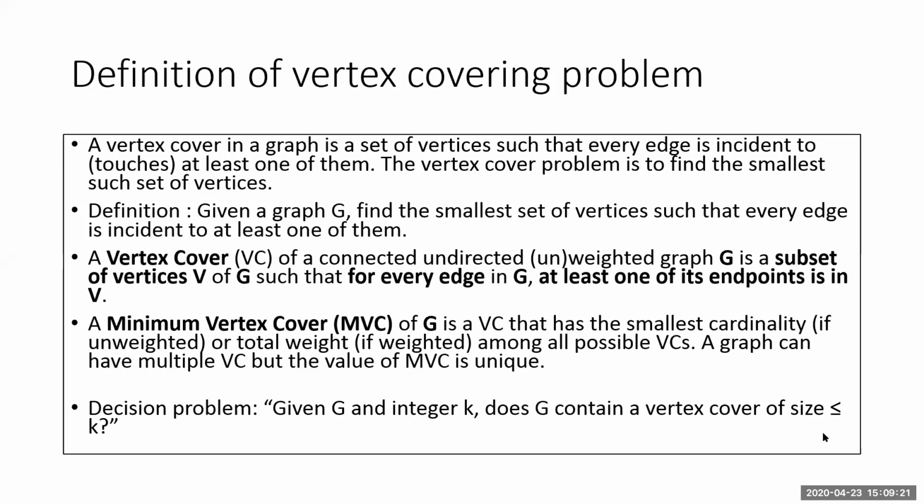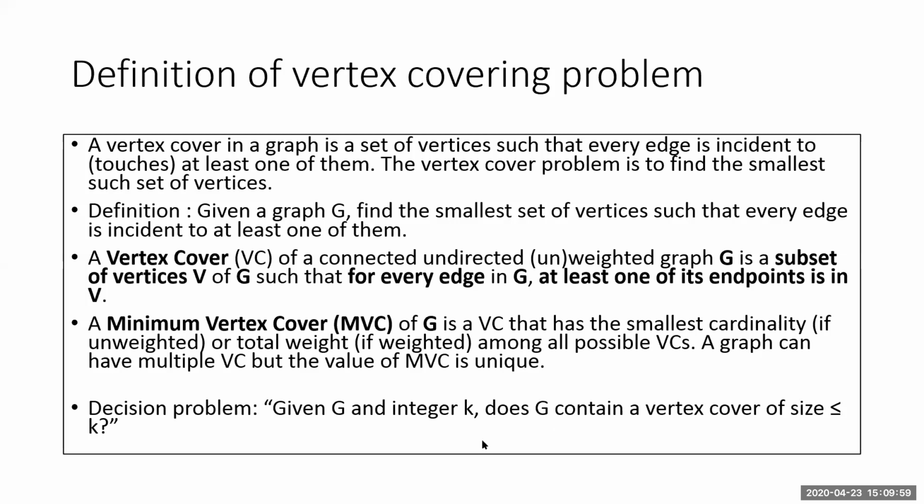So now we are not going to find all the vertices that can cover the entire graph. Instead, we are going to answer yes or no, whether we can cover the entire graph with the integer K, that is, the number of vertices given. For example, if this graph contains 5 vertices and the integer K is 3, my question is whether we can cover this entire graph G with cardinality 3 or not. That is, within 3 vertices, whether we can cover the entire graph or not. That is the question.